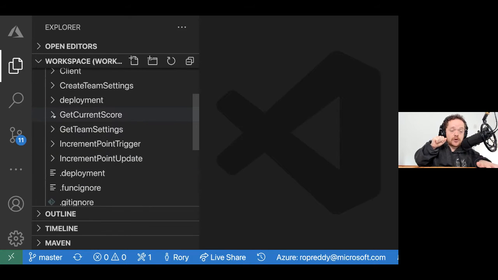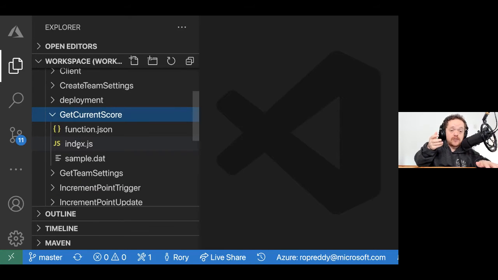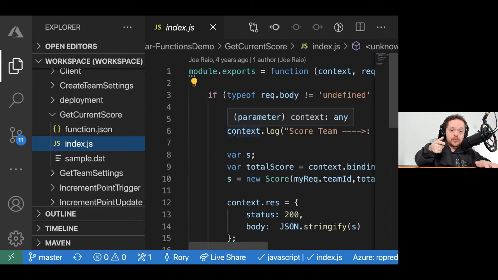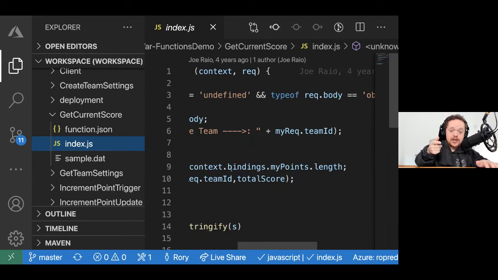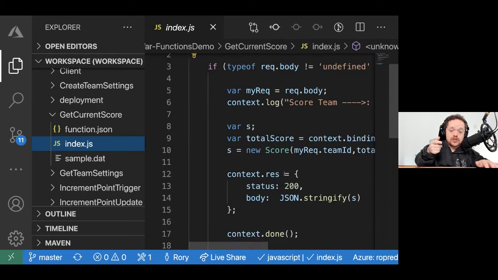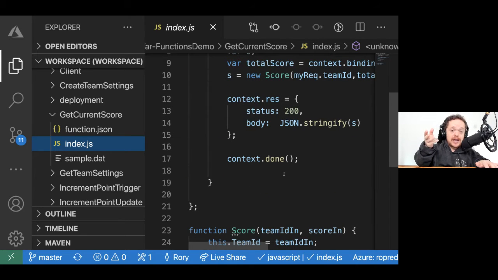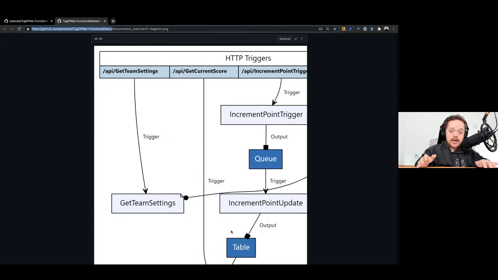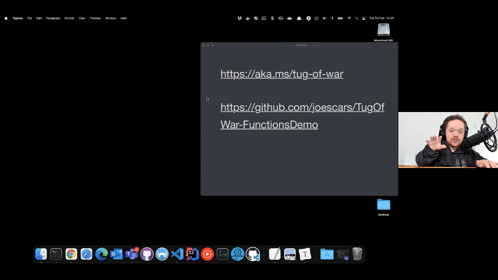It's run in JavaScript, but you could also do it in Java. And you've got index.js here, which for this example, gets the current score. It gets the score from the storage, and then it just puts it onto the HTML. And why I'm showing this is because this is a great way to show you storage, table, queue, and also each of the underlying HTTPs uses storage. So that's the first thing I wanted to show you.